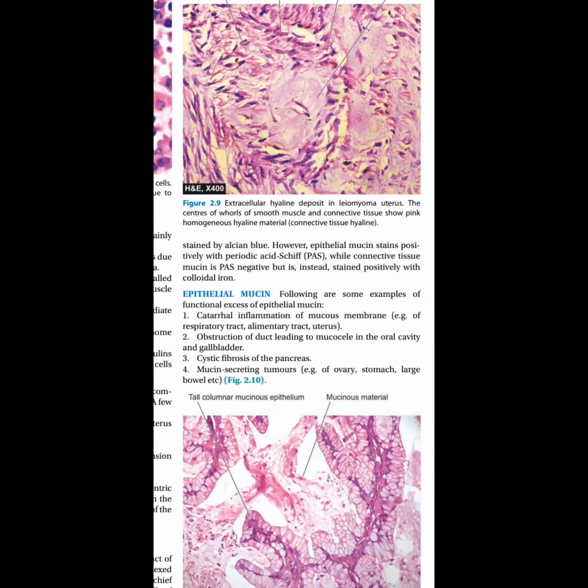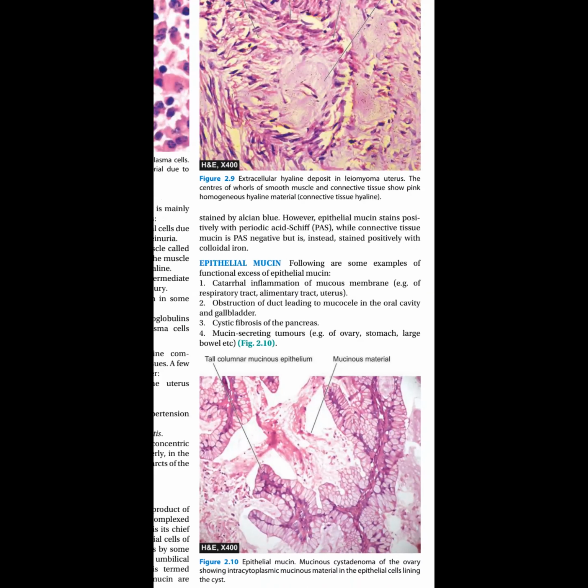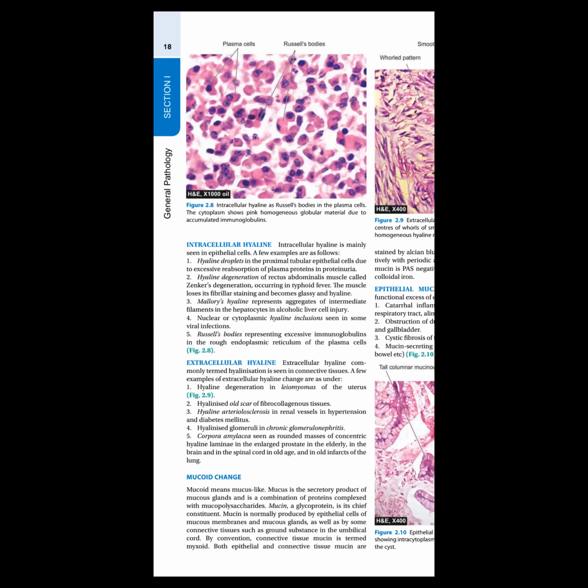Where are they present? Like in the uterus, in the gallbladder, in the oral cavity, in cystic fibrosis, pancreas. So these are the organs which secrete. So when it comes to mucus, you have to think about the regions where the major secretions are happening: the uterus, respiratory tract. We have the mucus accumulation majorly in the respiratory tract, in the uterus, in the alimentary tract. If there is any obstruction in the gallbladder, pancreas secreting the bile, when there is a secretion and an inflammation in those areas, this is called mucus changes.